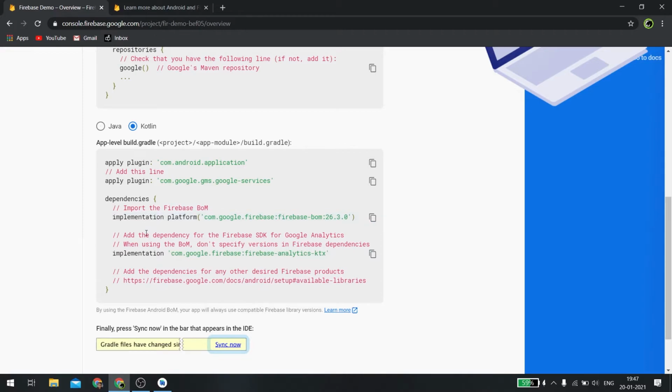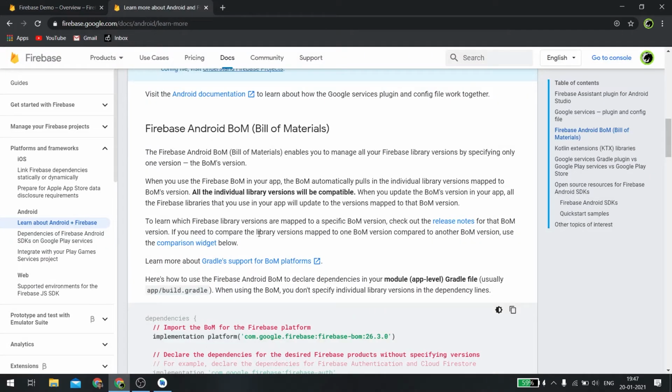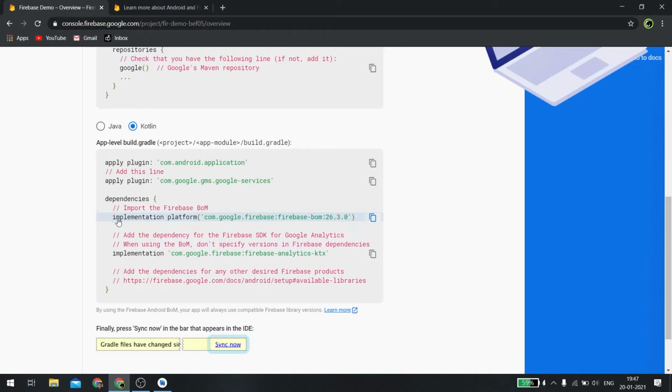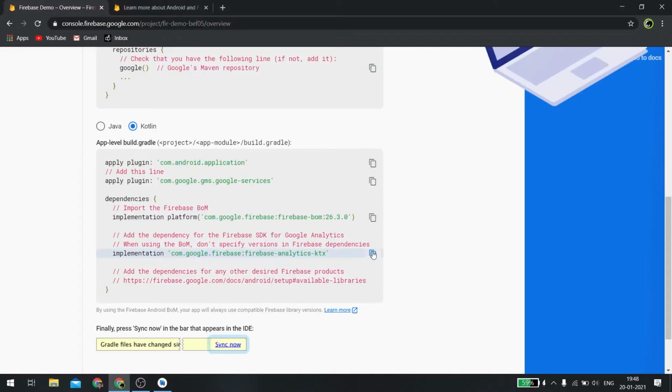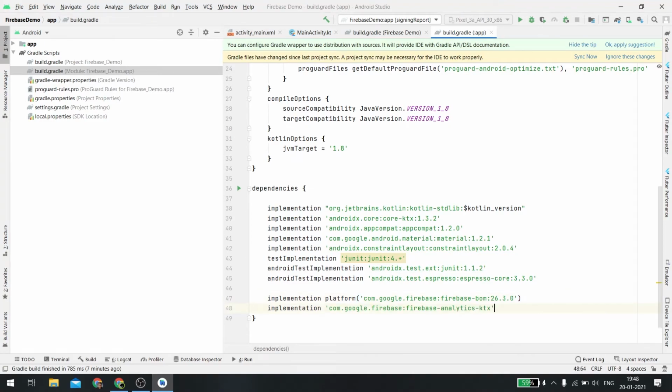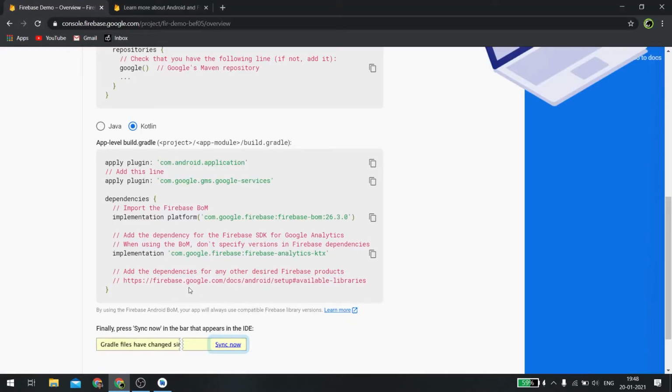and all. So what do we do instead is use BOM, or bill of materials, which is a single implementation of this. With this line of code, we are specifying a version for all the Firebase libraries that we are going to put next. So I think this is a new way. I have not explored it yet, but I think it will be beneficial in the way it makes the management of all these libraries very easy. So just paste them,